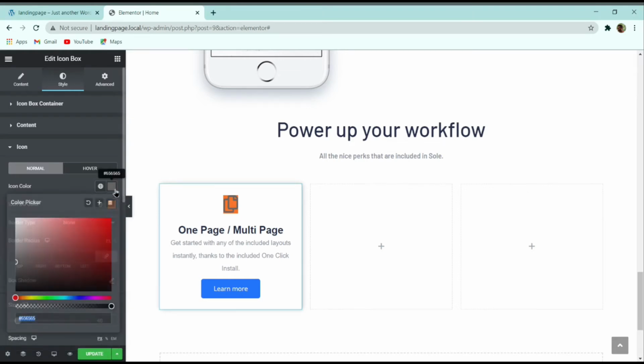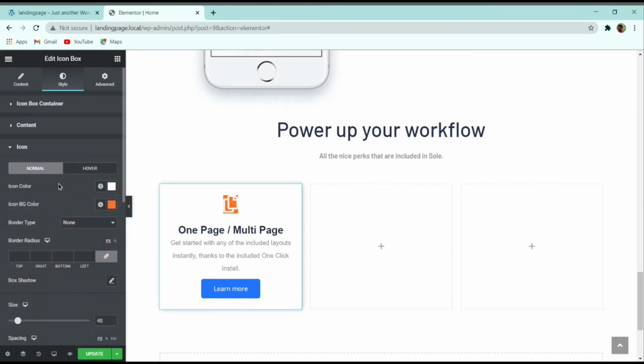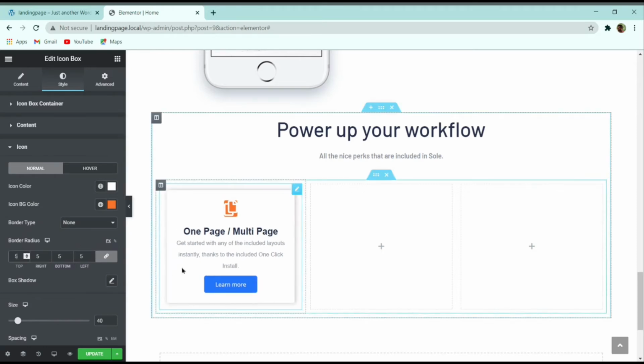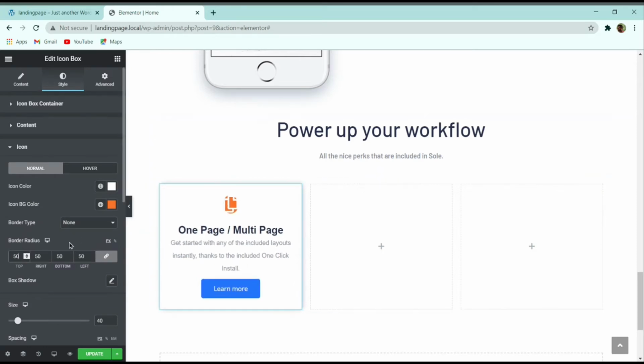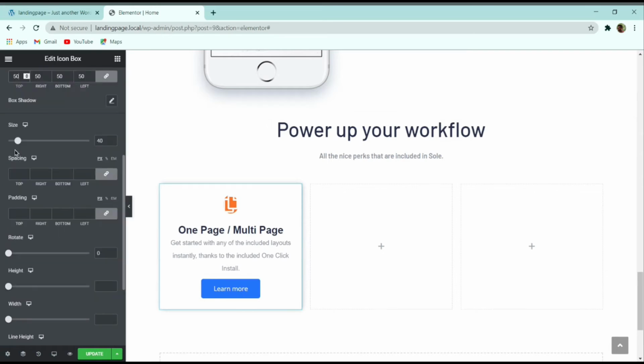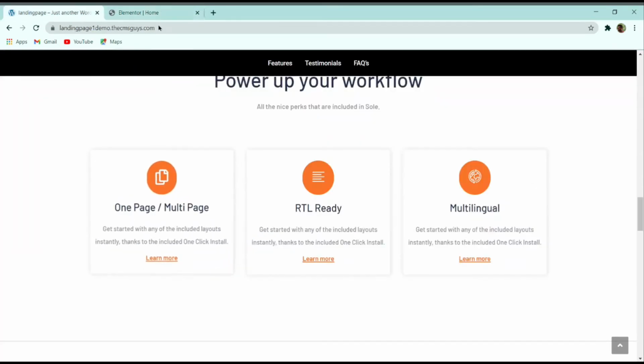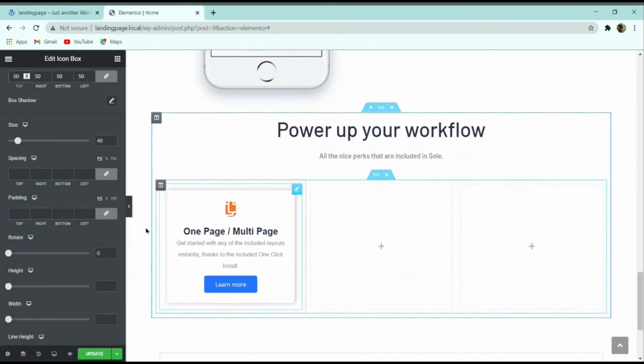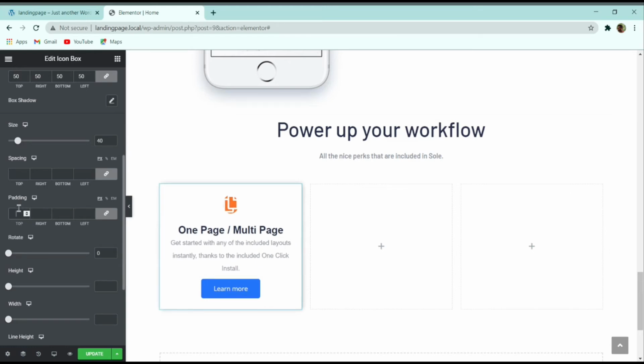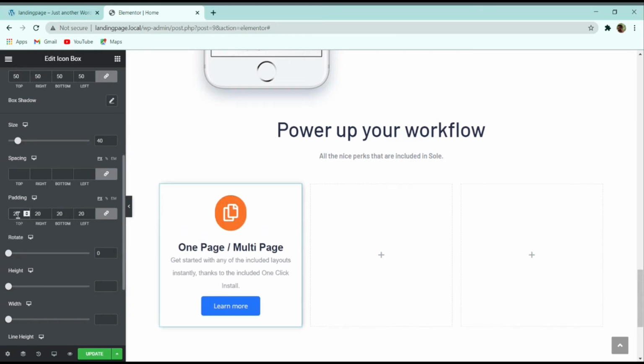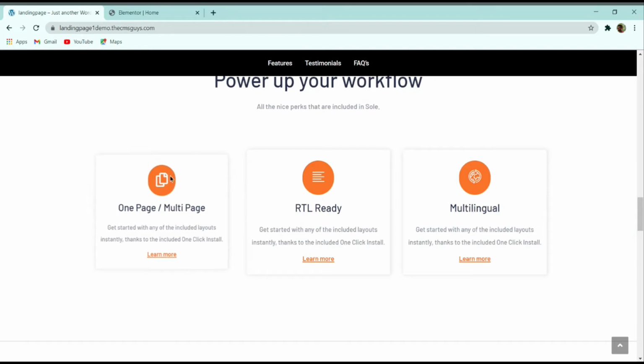After that icon color, I will make the icon color white, and then here for border radius, let me give a border radius of 50 to all. And now what I will do here, you can see that I have to increase its padding. So in this padding part, I will give a padding of 20 pixel,